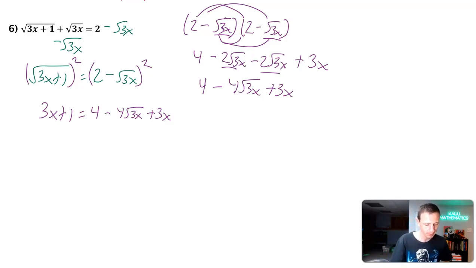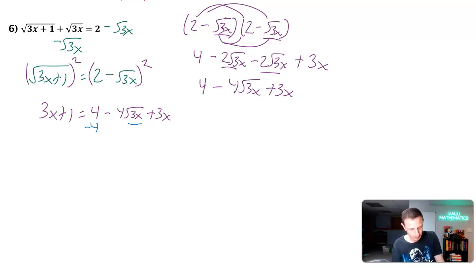Now if you look at our thought process, I only have a single radical. I just have a radical right here. So we could still take that same logic of let's get everything over, get the radical by itself, square it, and then see what happens from there. But we're condensing it down to just one radical. So we're getting there. We're getting close. So let's